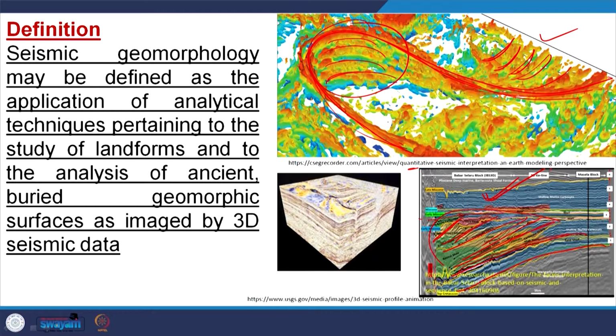Suppose this is the surface level, and at this level we are getting this onlap, downlap, whatever, the sequence stratigraphic signatures are here. That means we have to move up to this much depth. This much depth corresponds to some geological time. So, if we remove this much geological time from that place, we are able to see it on the surface.